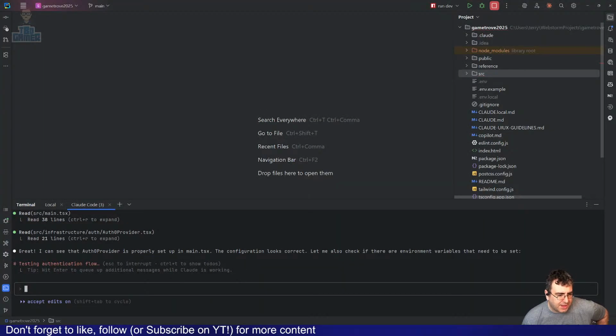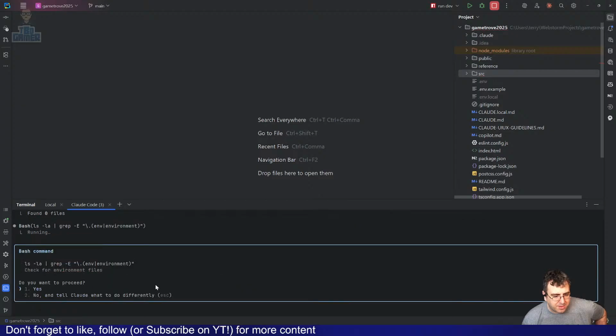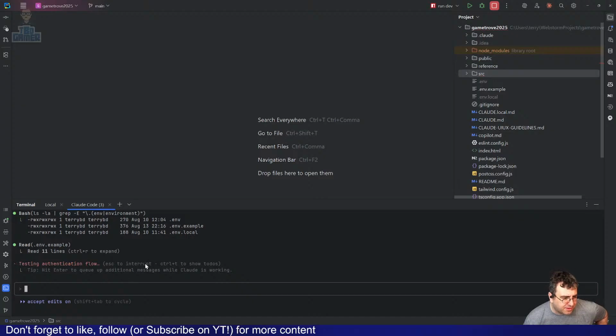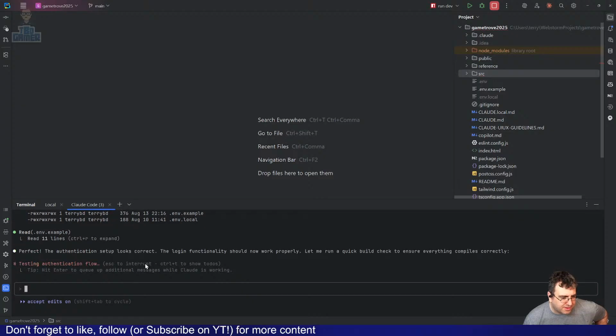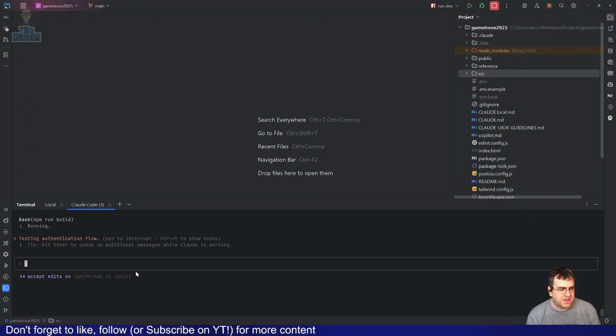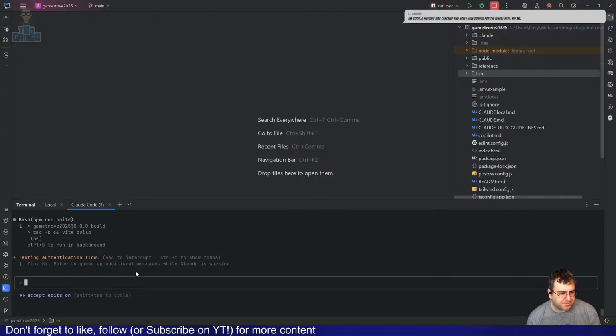Come on, Claude. I can see that Auth0 provider is properly set up in main TSX. Yeah, that's awesome. Let's do that. Why do you need the env file? Oh, you were just checking to see if it's working.